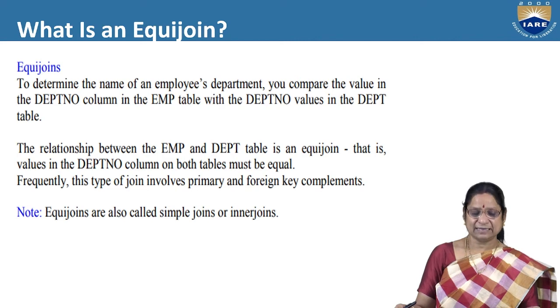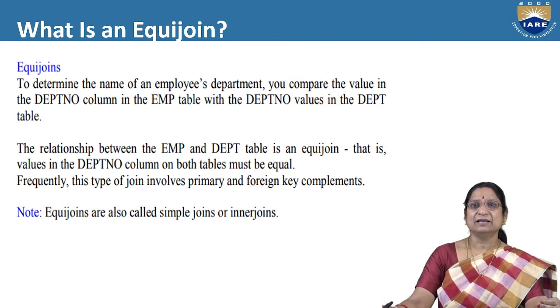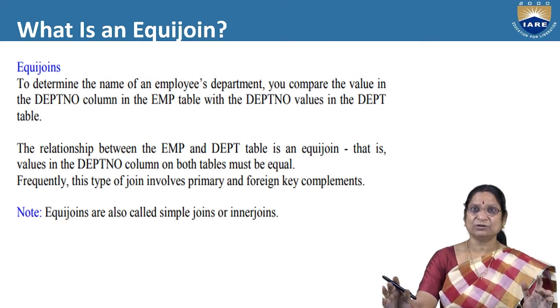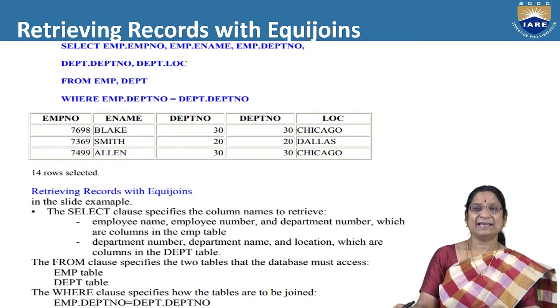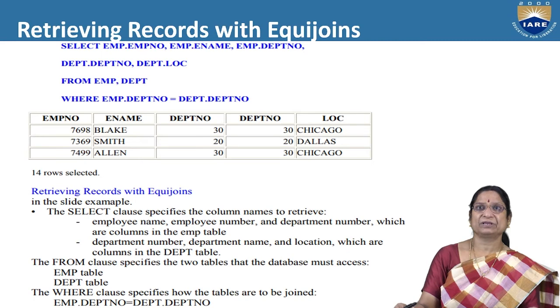Then we will call it an equijoin. Sometimes equijoins are very simple, no? That's why these joins are known as simple joins or inner joins also. Inner join means if a match occurs, then only the respective data will be retrieved. If the match doesn't occur, the data is not going to be retrieved. I already explained how the join operation and Cartesian product operations are executed in general.